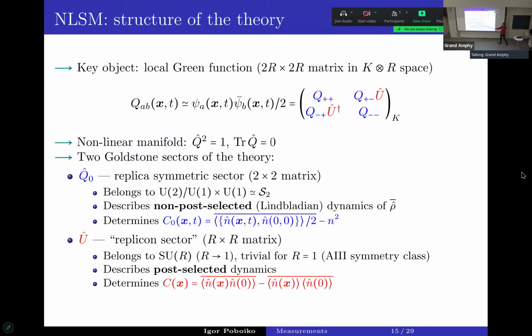For example, with the help of it, you can extract this type of correlation function, where you have just a single average of a single density matrix. And then on the off-diagonal sector, same as Adam had, we can also put the U matrix, which is an R by R special unitary matrix for our case. And the reason for that, again, you can